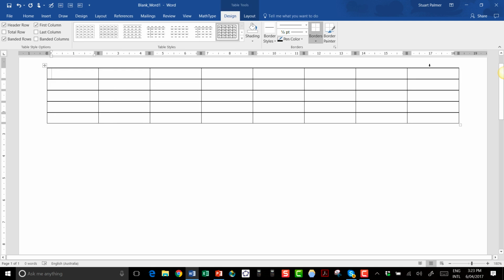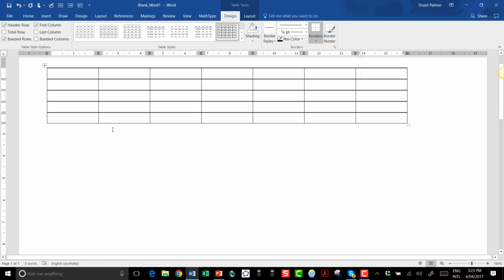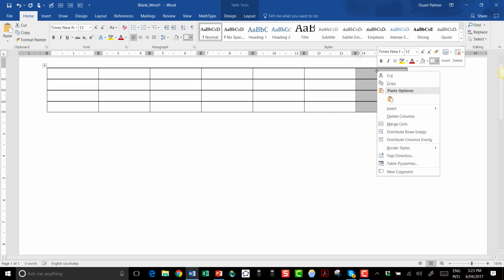If I decide that I didn't really need the last column, I could get that little arrow happening there and click and then right click and delete a column. Likewise over here, I could click and right click and delete a row, or alternatively I could highlight, right click